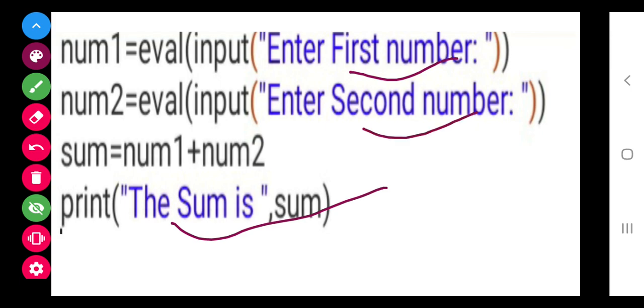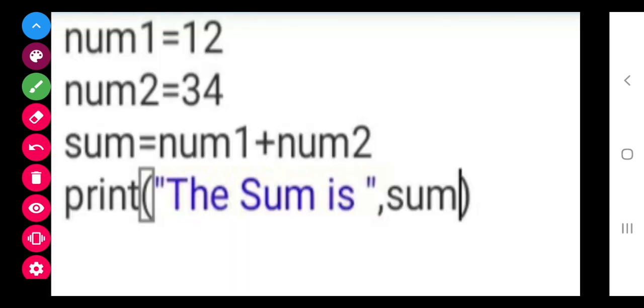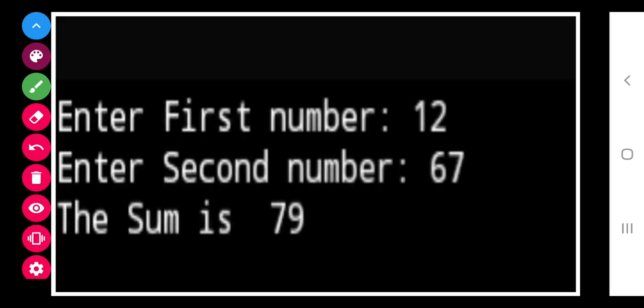This is to enter, and after that it will process the sum, whatever number you give. Now what is the difference between the previous program and this program? In the previous program, whenever you run it, the same result will come, 44, 46. But in this program, whenever you run it, you will enter a new value and it will give you the result.